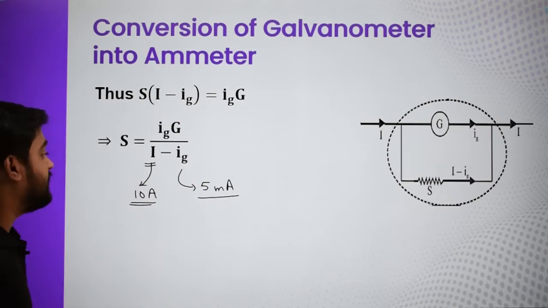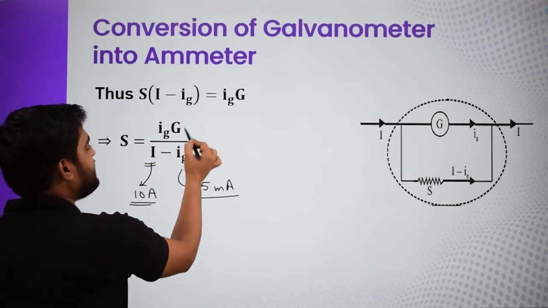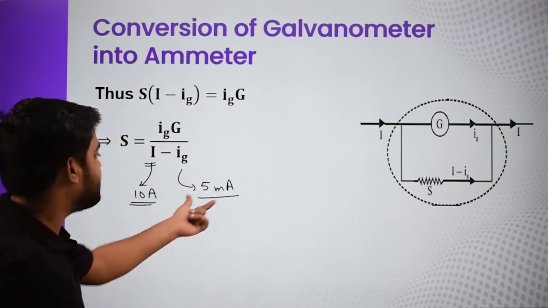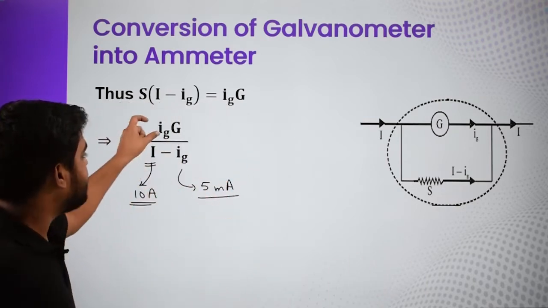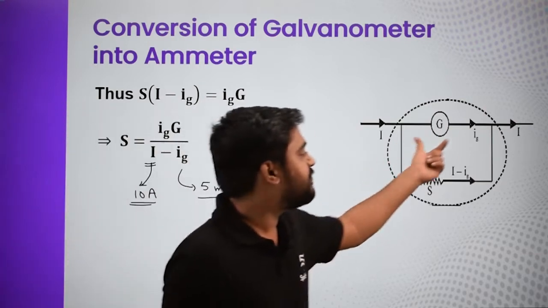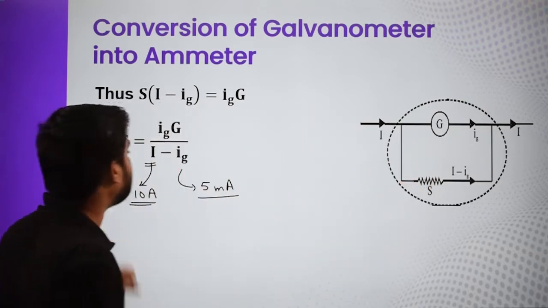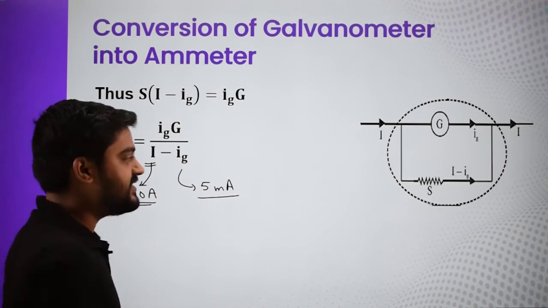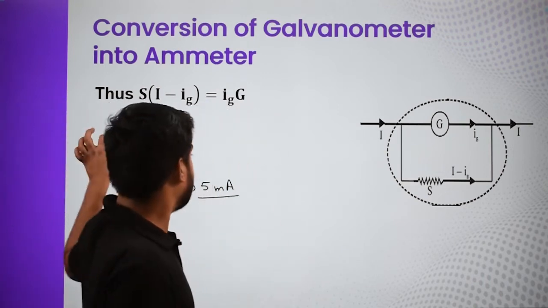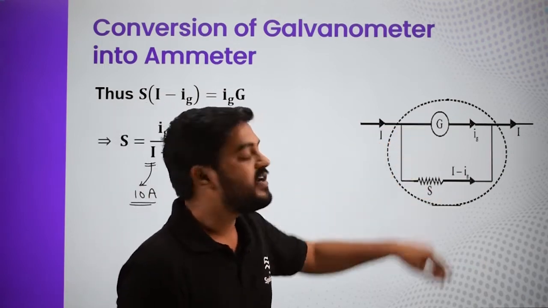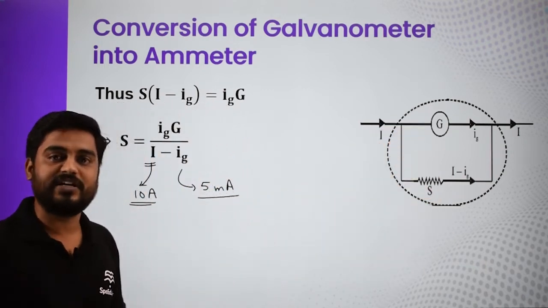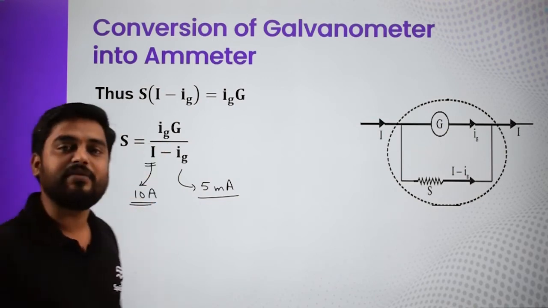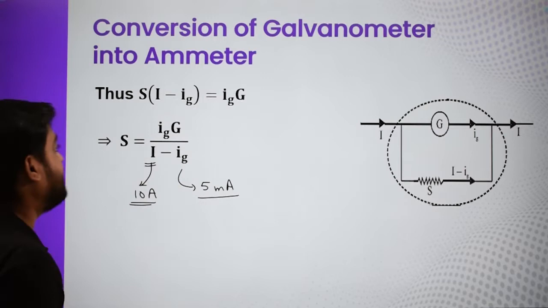Okay, and so this is also 5 milliampere, and what is G? G is the resistance of that galvanometer which is inbuilt, and this Ig and G, these two are the property of the galvanometer. Once we solve this equation, we know G, and we solve this equation, we will get the value of that shunt resistance. If we introduce this shunt resistance in parallel to this galvanometer, then we will get an ammeter which will show us the reading that is equal to 10 ampere. So maximum reading can be 10 ampere for that particular ammeter.